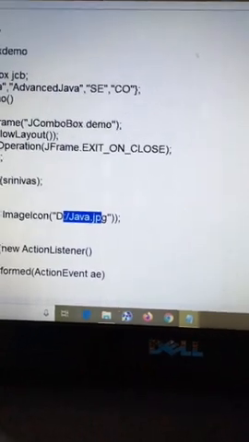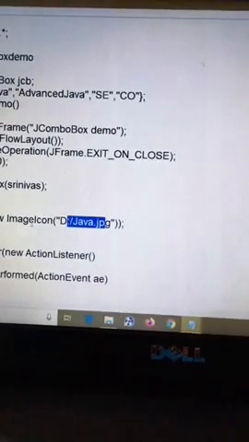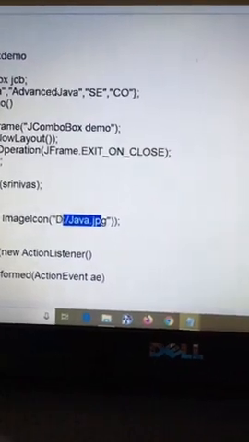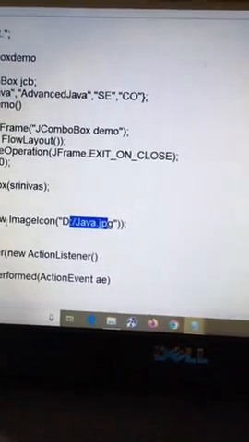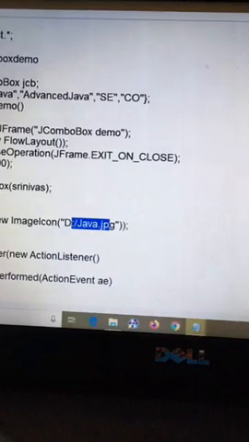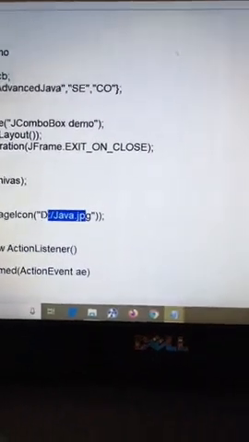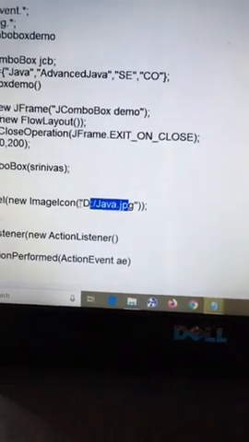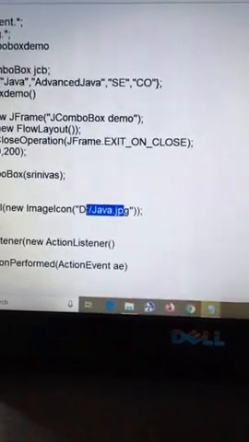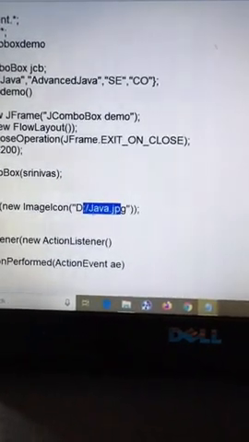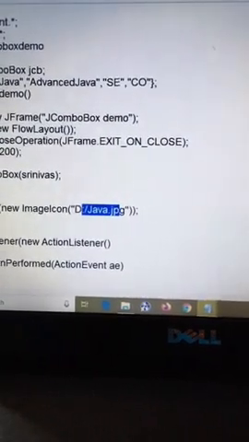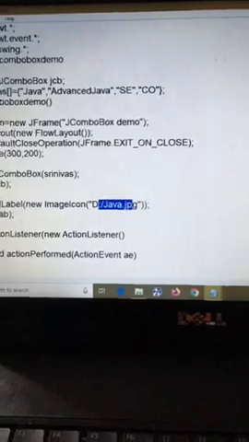We are displaying the java.jpg image as the icon for the label, that's why we have taken new ImageIcon. In our previous class we took these two lines as separate lines, but here we mentioned them in a single line. Okay, so we are adding JLab to the JFRM, meaning the frame.